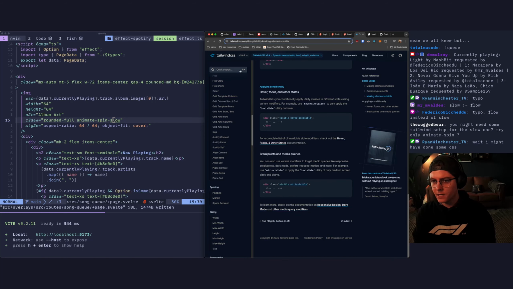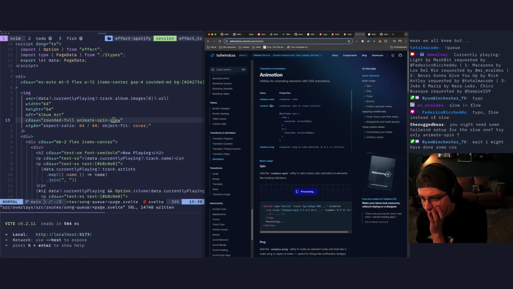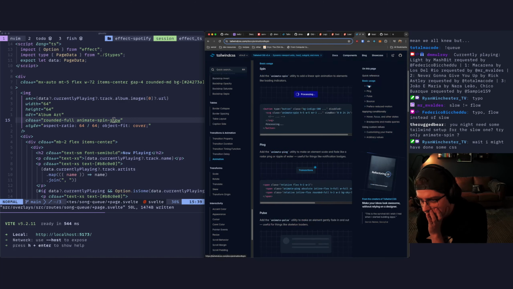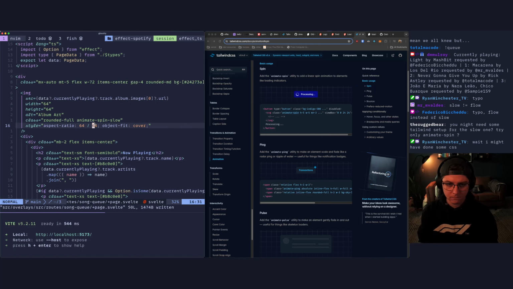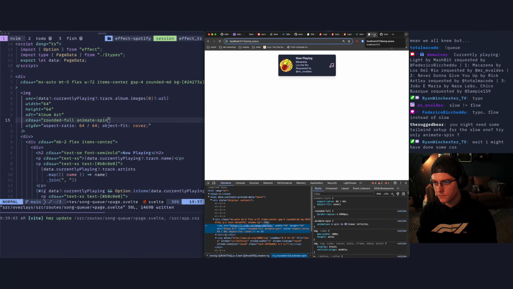Either way, Tailwind should have some animate stuff. Animate spin. Yeah, that's way too fast. That's why you did custom CSS.